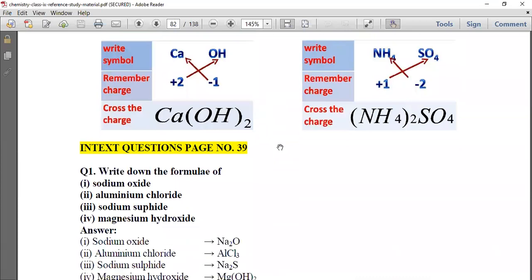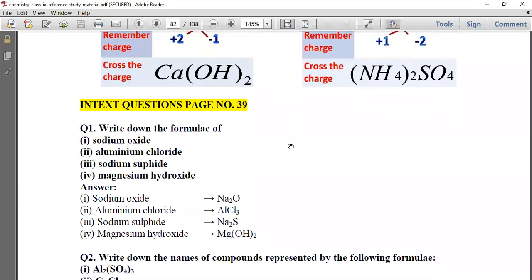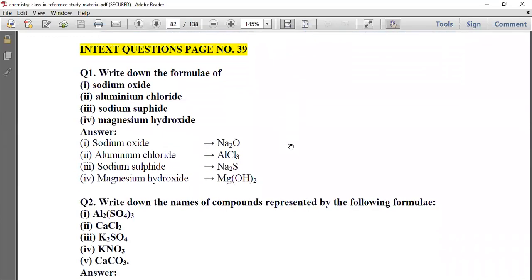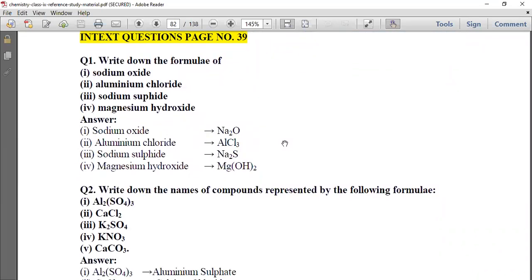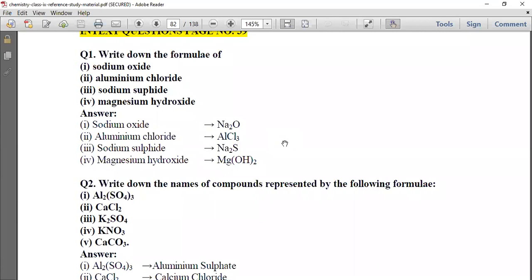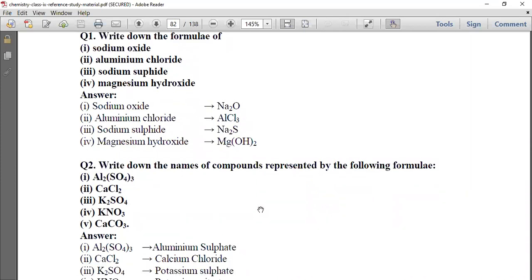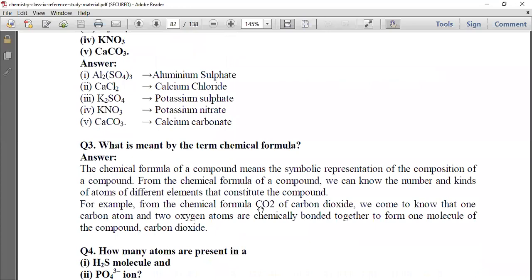Okay, so from last year's textbook, in-text question page number 9, right? These are the answers, but I want you to write it on your own. I want you to do it with the proper steps. Okay, so please take a screenshot, or if you have the 9th standard textbook, you can do the exercise completely on your own, especially this particular part, how to write the chemical formulas. Okay,